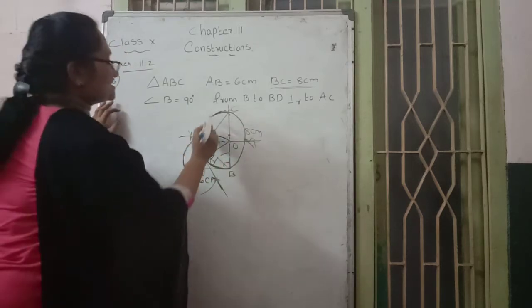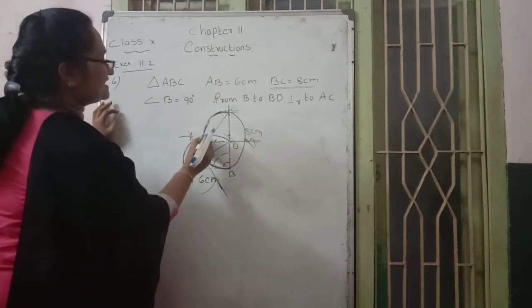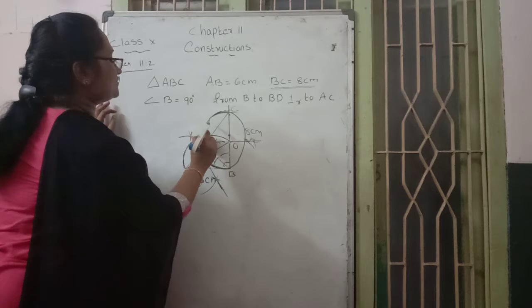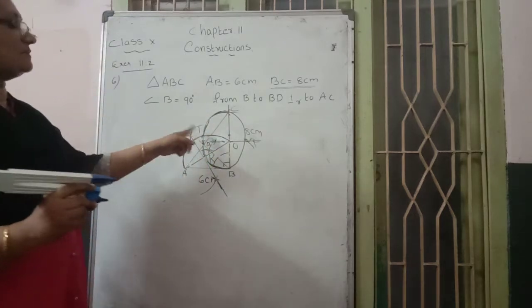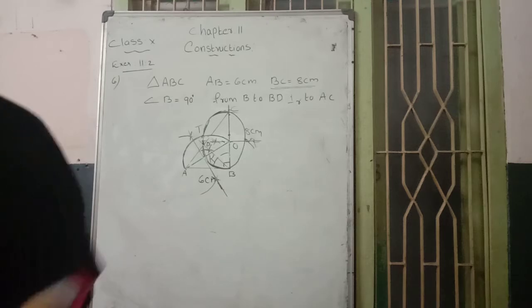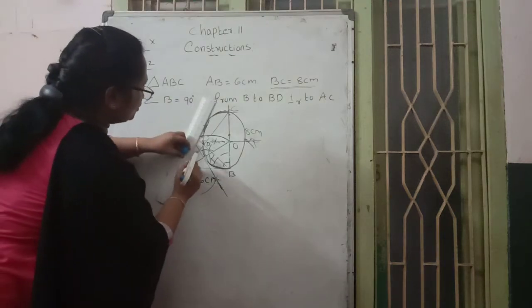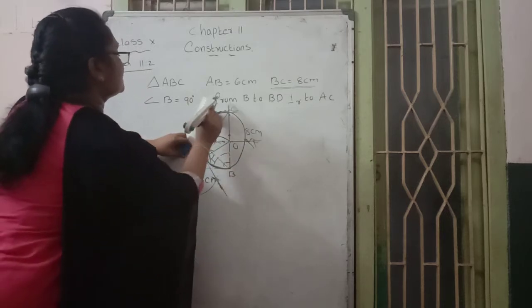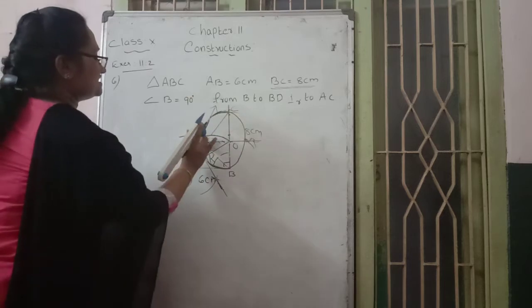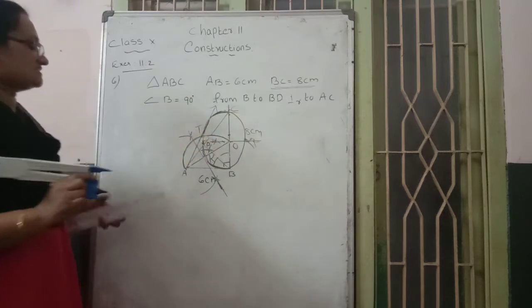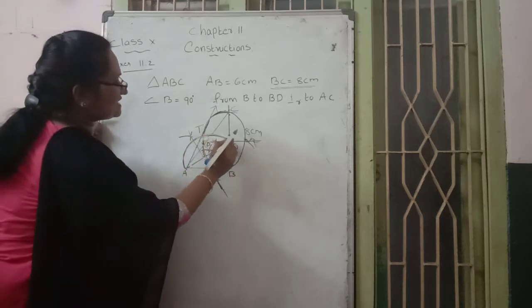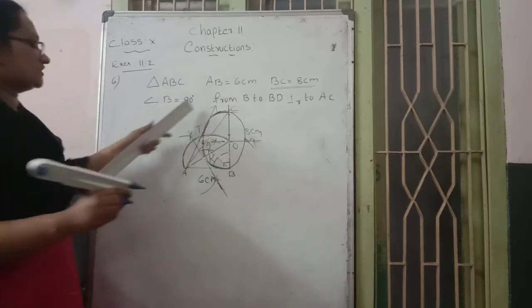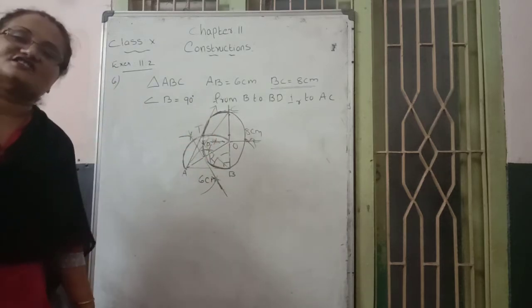Next, see where the first circle and the semicircle intersect here. You can name that point with any alphabet; I mark it as T. Joining A to T, we get a tangent. A to T represents the tangent. This is the required tangent. I hope you can understand this. Here the first circle and the semicircle intersect, mark that point as T, and joining through that point we get the tangent AT.